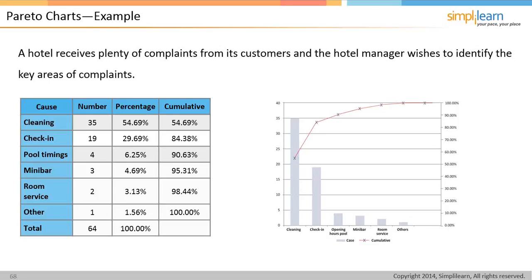Well, just the top 2 items alone account for almost 85% of the complaints. So if I look at cleaning and check-in, and I address those 2 issues, just the 2 out of all the issues listed, I've just addressed almost 85% of the complaints. That's a pretty big hit for 2 items out of the number listed there. How much time and effort do I want to spend on the other ones? Depends on how much relative improvement I get from each. Depends on the cost and effort involved, and so on. So the team might say, you know what, to address pool timings, it's going to cost us nothing. It's going to be a